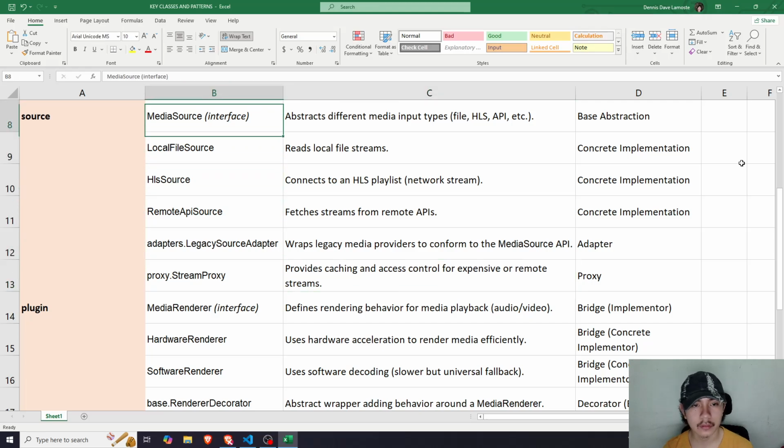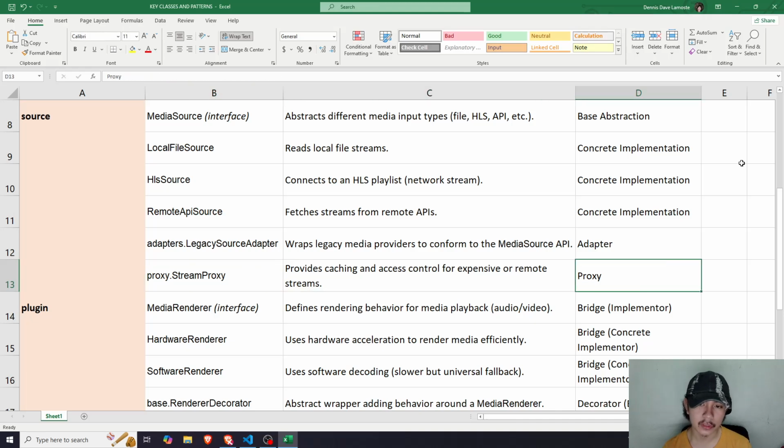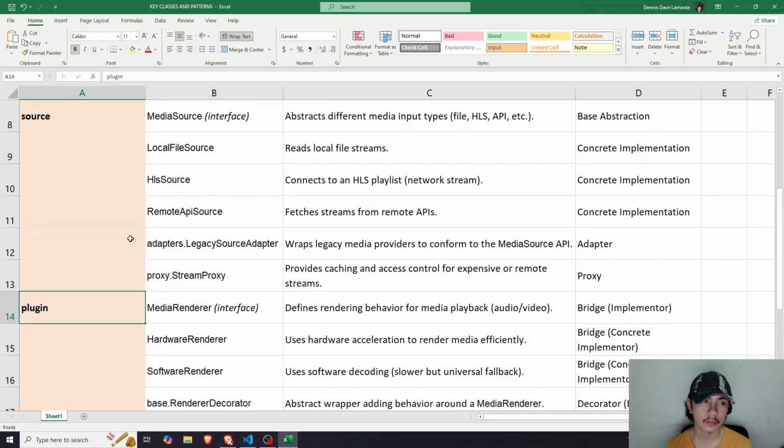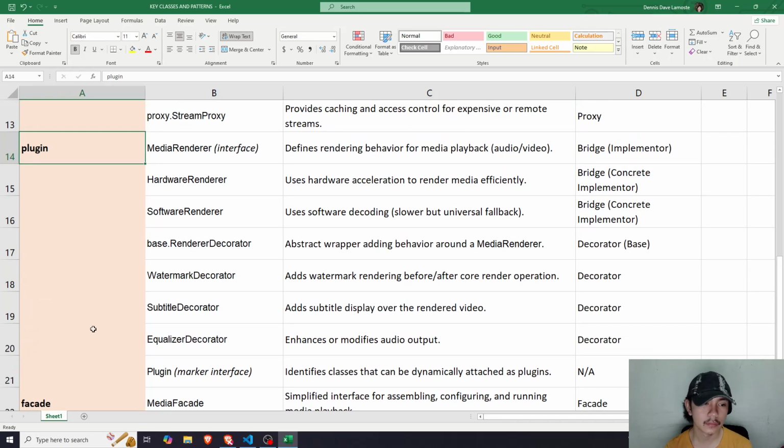From the names, we can already know what these classes represent and what their role is in our project. For the design patterns, we only have the adapter and proxy design patterns involved in the classes inside the source package.